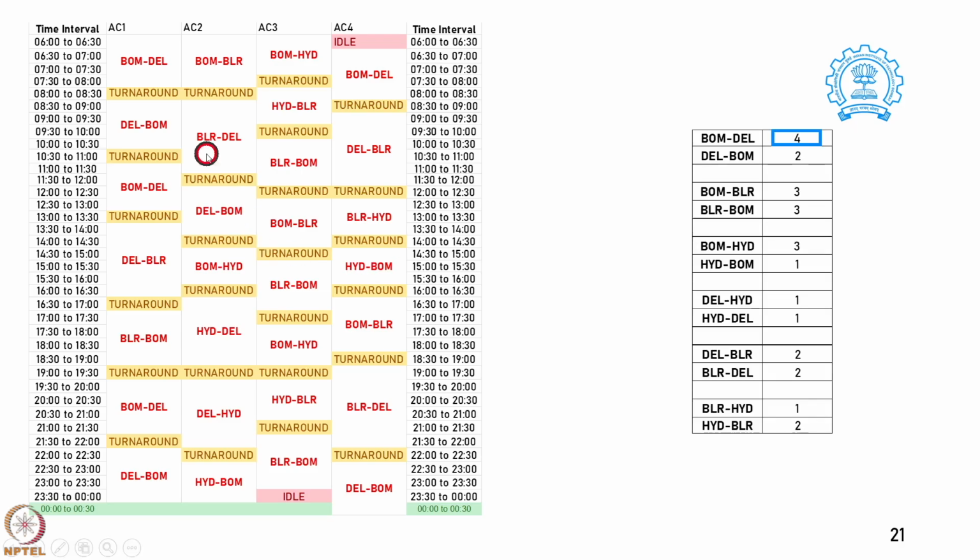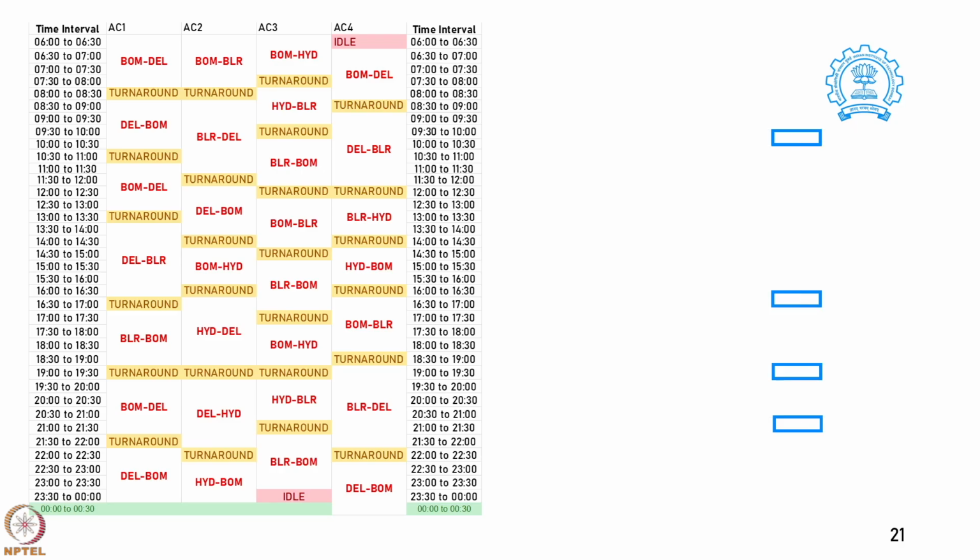So, cumulatively you notice we have managed to give 4 flights in this day from Bombay to Delhi. Which are those flights? This is one Bombay to Delhi, this is the second Bombay to Delhi, this is the third Bombay to Delhi and then we have the fourth one will be this one. So, these 4 flights are Bombay to Delhi. Then we have 1 flight from Delhi to Hyderabad, we have 2 flights from Bangalore to Delhi in this particular slot, these things got added, okay. And finally, we have Hyderabad to Bangalore, we have managed to give 2 flights.